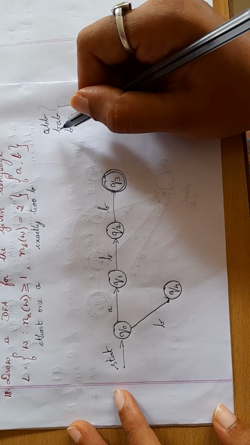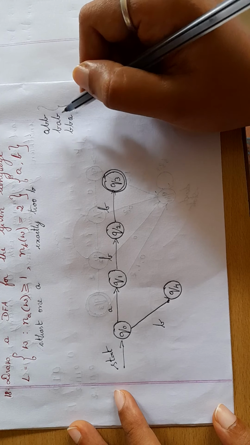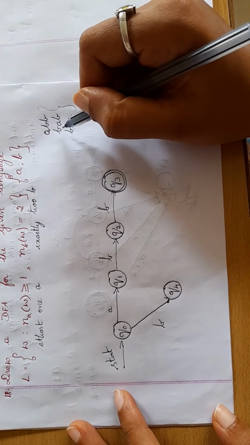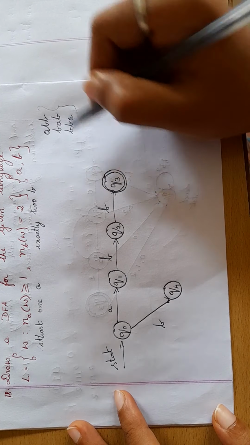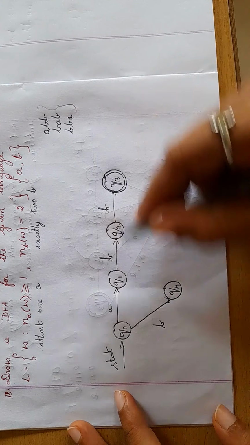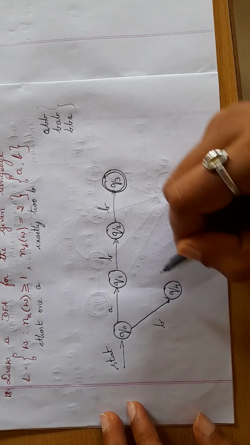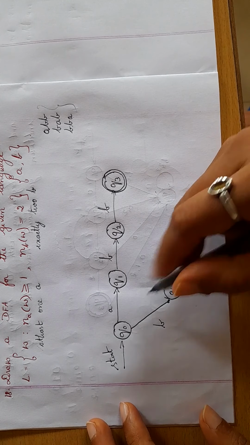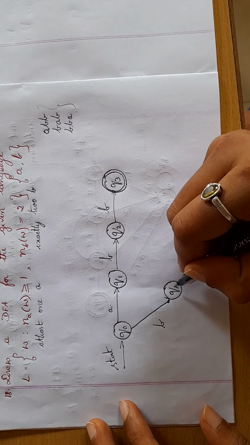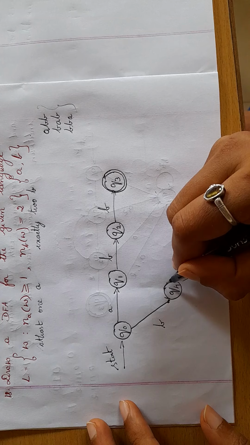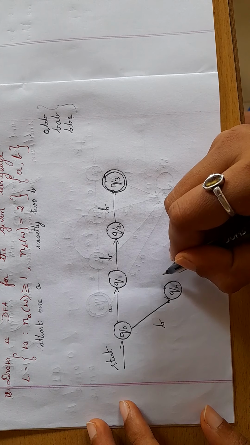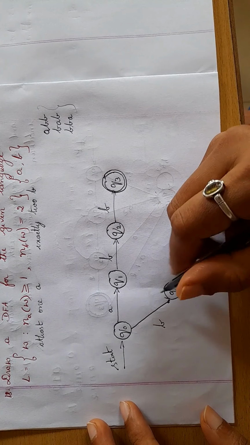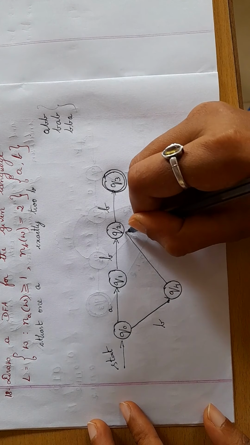So B is done. After B, what do I have? A and B. So I shall see if we can connect it anywhere so that it will satisfy this condition and then goes to the accepting state. So from Q4 also I need one outgoing A and outgoing B. After I read B, it goes to Q4. So from Q4, I should read A so that at the end I will get B. So what I'll do is from Q4, I'll read A.